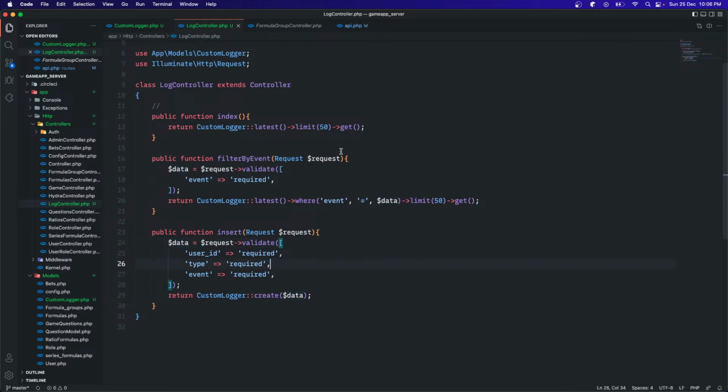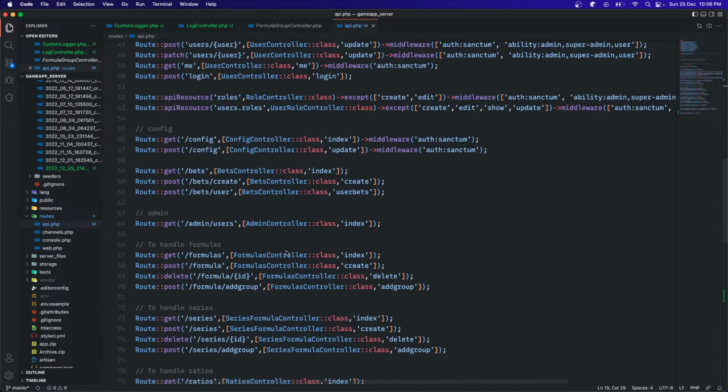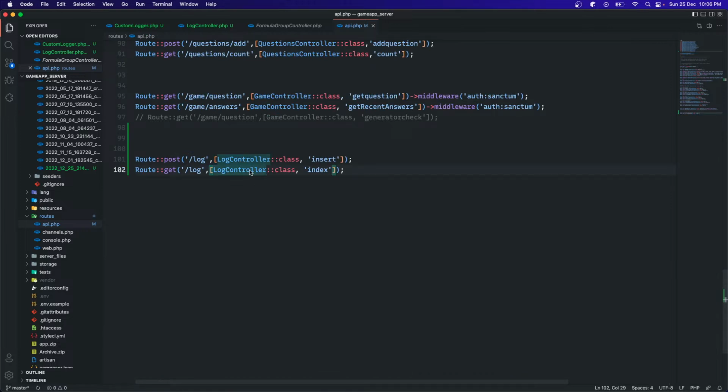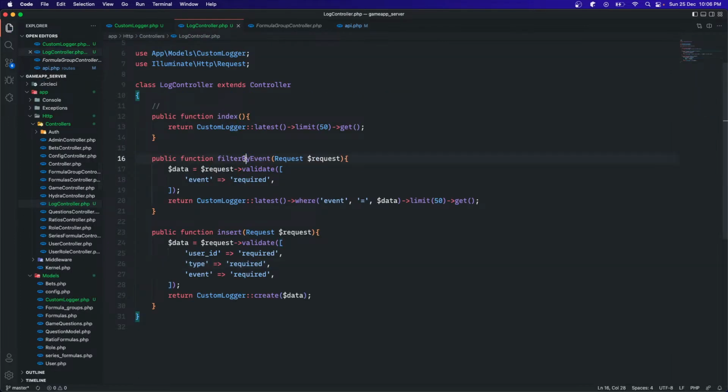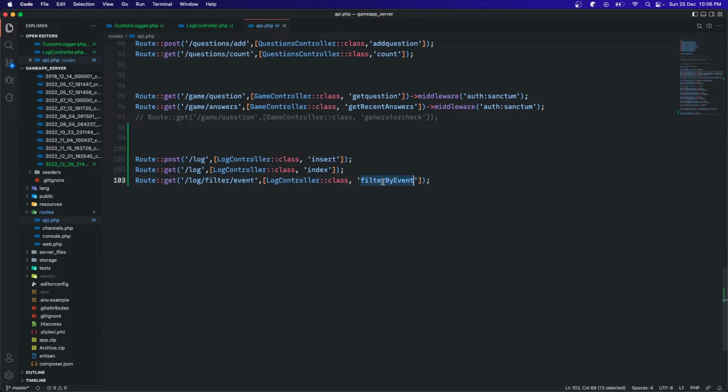Okay, now I can just go back to my api.php, and in my api.php, what I'm going to do is, okay, so we have get slash log slash filter slash event. I know it's kind of huge, but I have no problem with that. This is going to come from filter by event. I hope this is correct. So just copy this, close this, go here, paste it, and now I'm going to go back to my